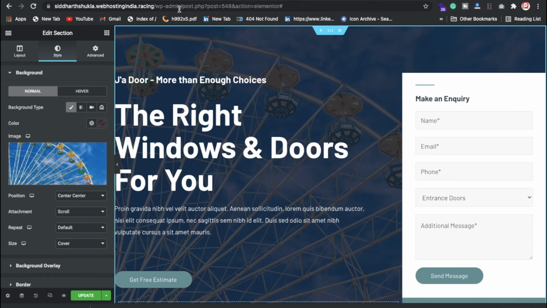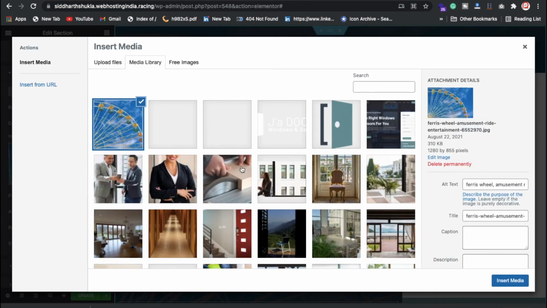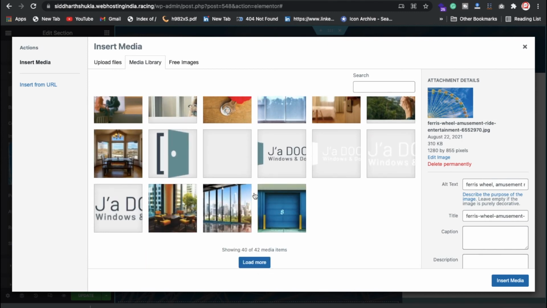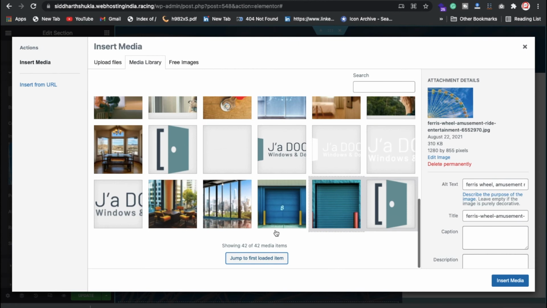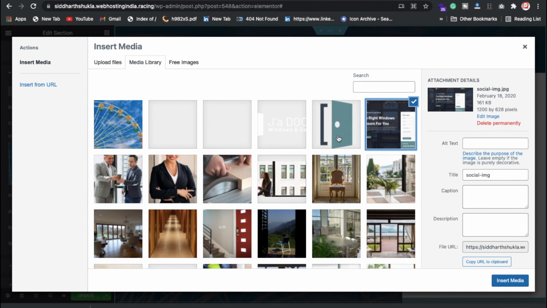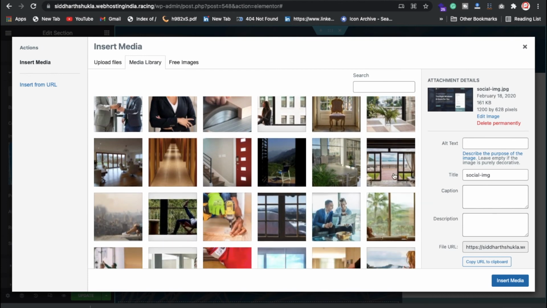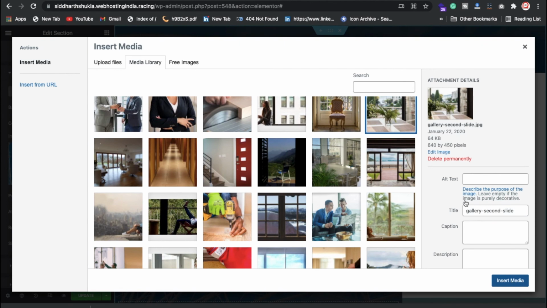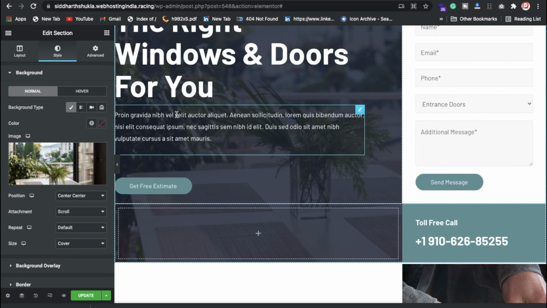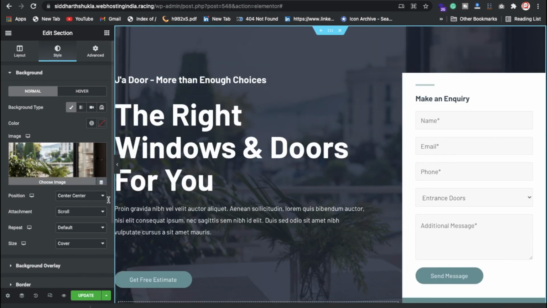So I'm not going to publish because I don't like this one. So just click again here, and whatever previous image we had, of course we can select. Let me click on load more, jump here, and yeah, this one, I think so. Suppose this one, I'm going to publish the website again. Yeah, this image is looking fine. So now I hope you understand how you can change the image.